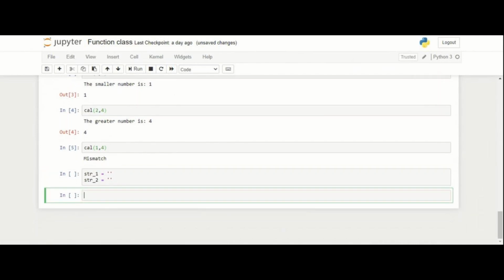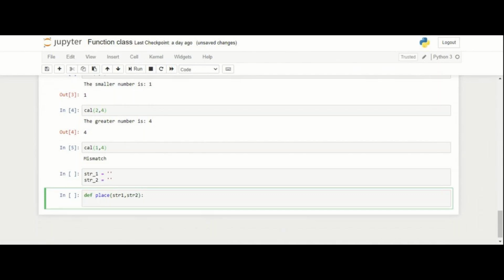Yeah. So how will we start it? Writing def, function name, suppose I am taking place. And then I am passing parameters, suppose str1 comma str2. Okay.